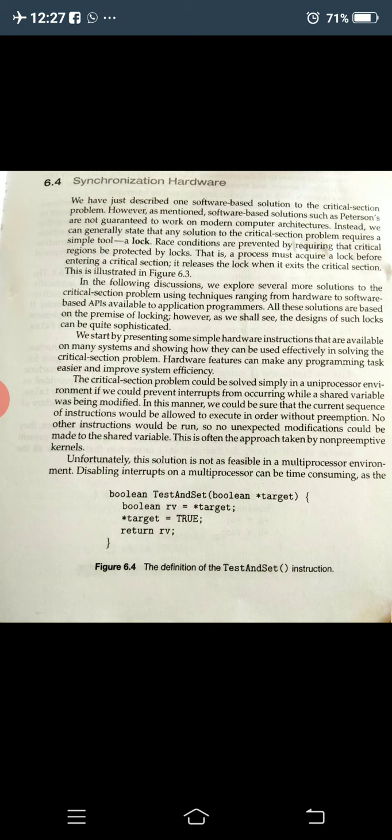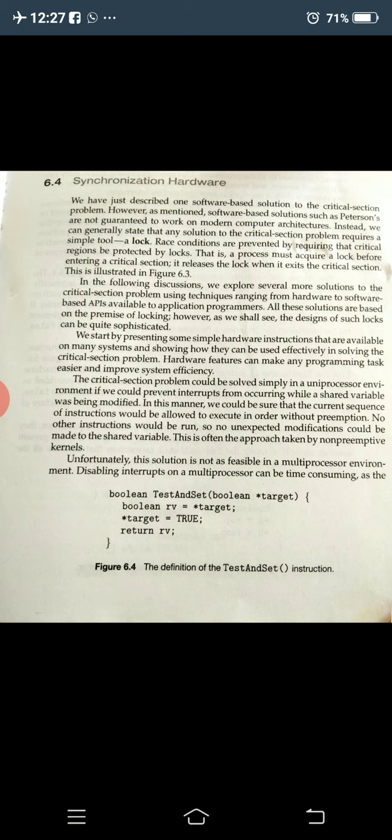Another solution is, when one process has entered into the critical section, stop the interrupts, disable the interrupts. If you disable the interrupts, there will be no requests, because when one process is generating a request for entering its critical section, it is generating an interrupt.